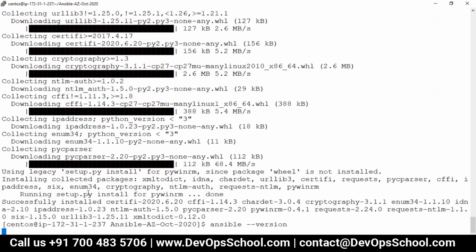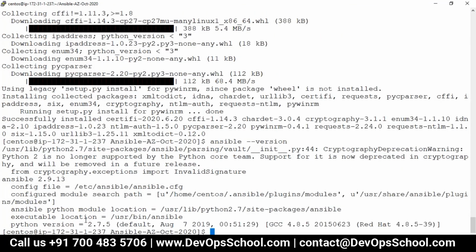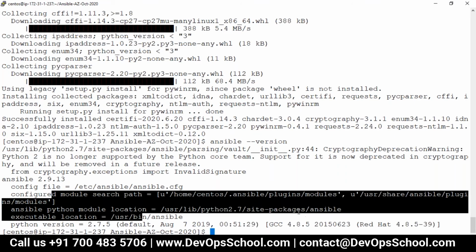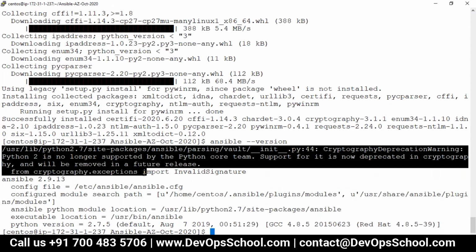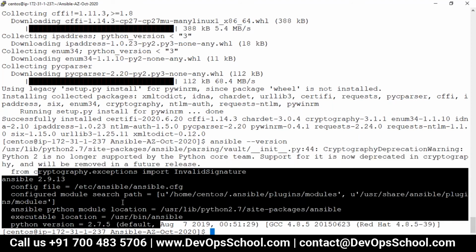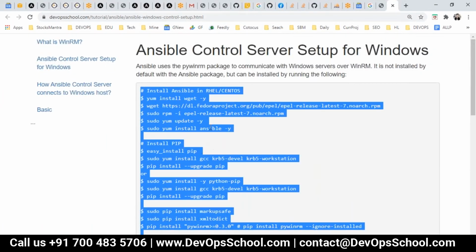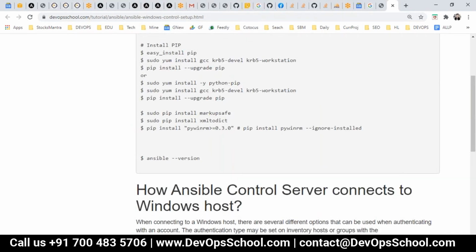So guys, when you install all the setup for Windows, then you will see something here. So pywinrm is installed, but it used to show up here, and it's not there right now. No problem. That's okay. So you're done with it. So these are the changes you have to do in the ACS. Guys, any questions so far?